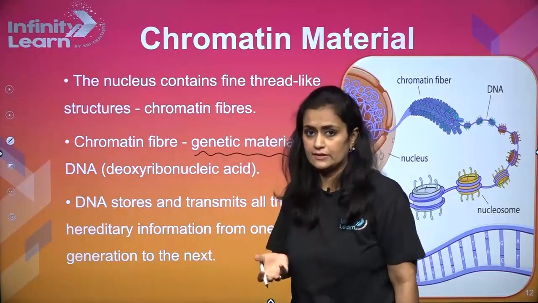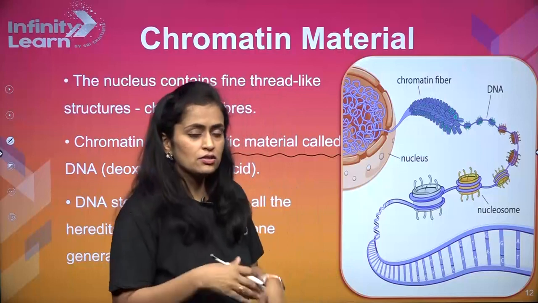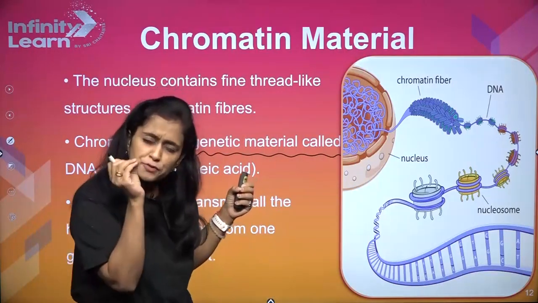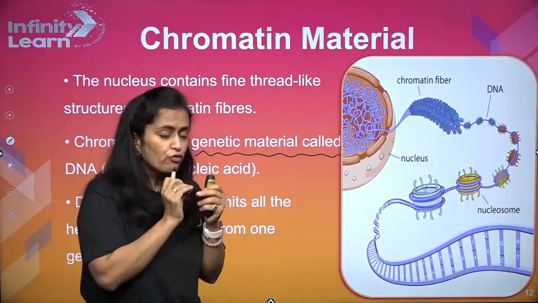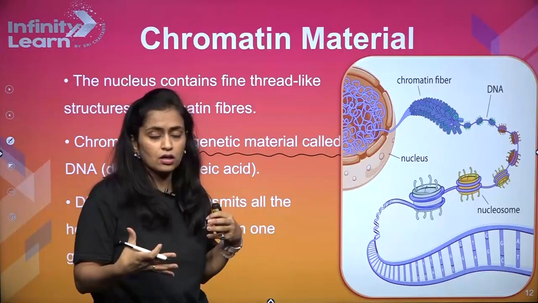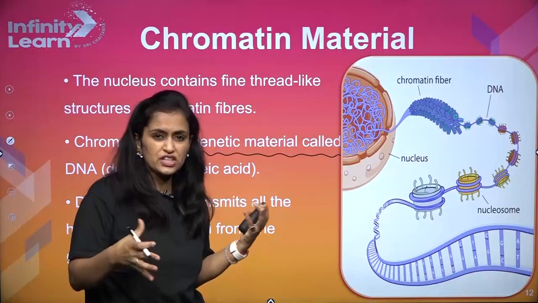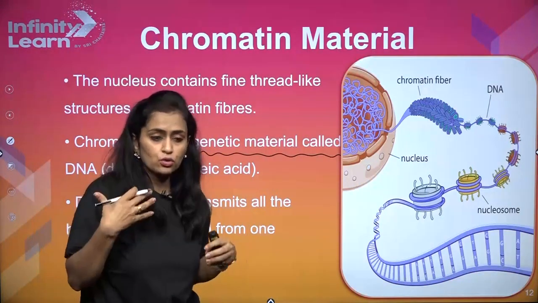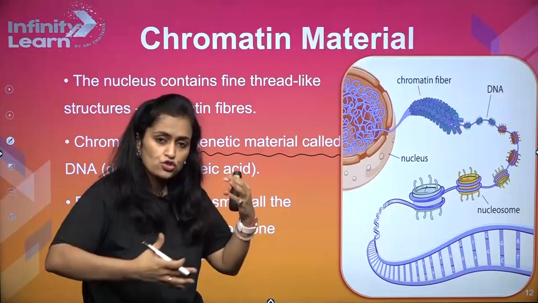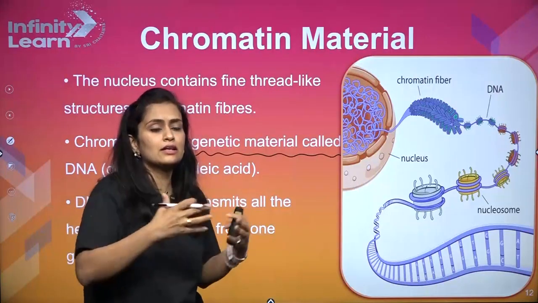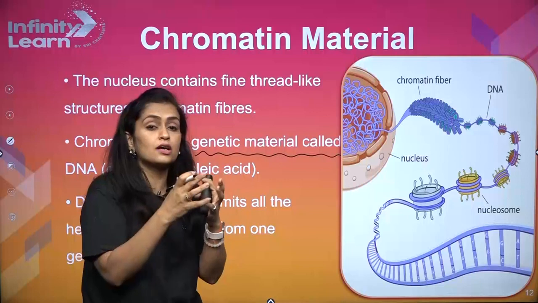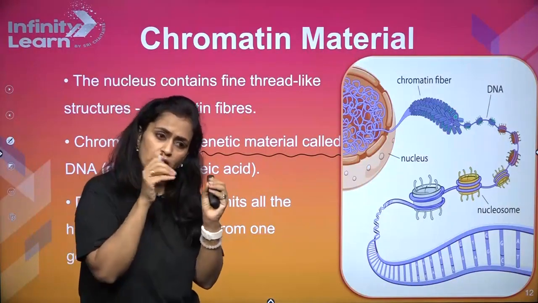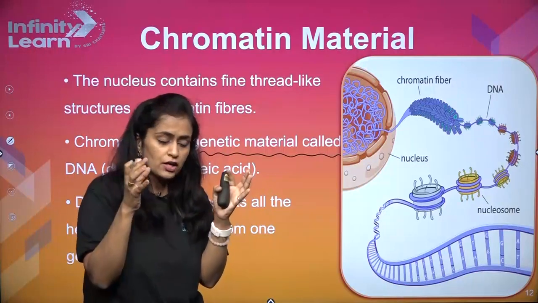So, chromatin fibers are basically nothing but the genetic material. Okay, your DNA itself. Now, imagine DNA is a thread-like structure which is like 2 angstrom in width, very delicate, and we cannot afford to lose it or damage it or break it off. So what do we do? We actually store it by condensing it. Condensing it means reducing its space. The material is the same, right? Quantity is also the same, but we are reducing the space.